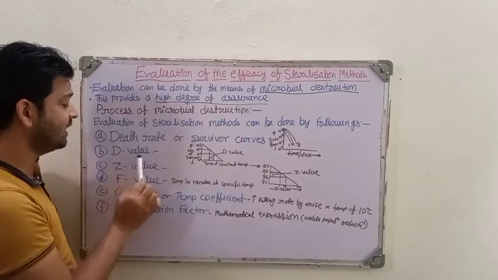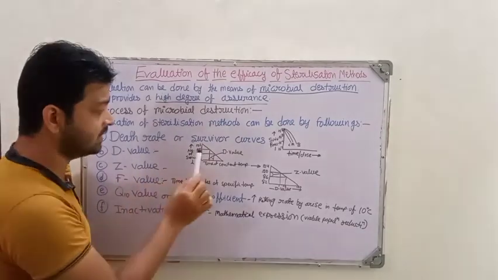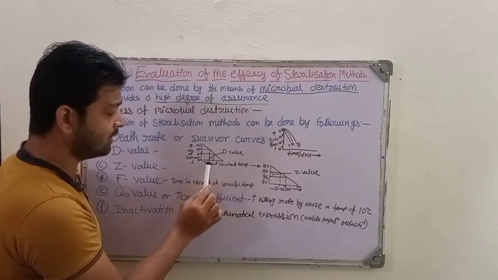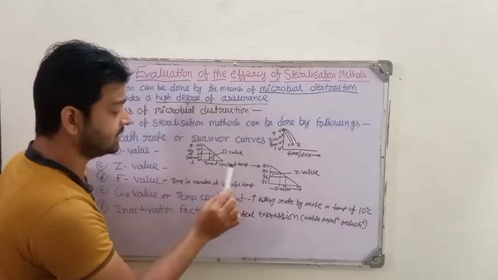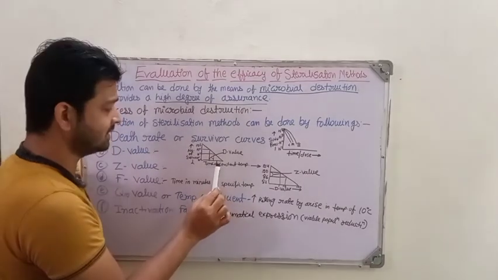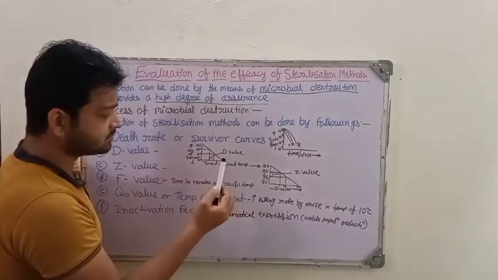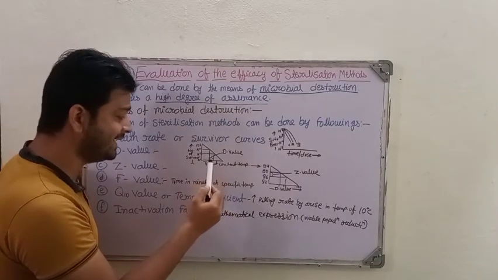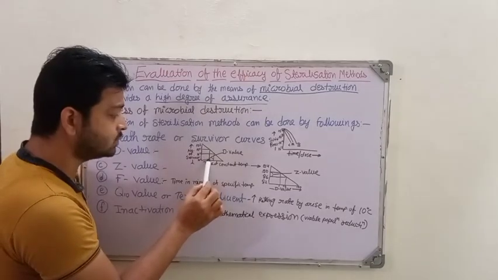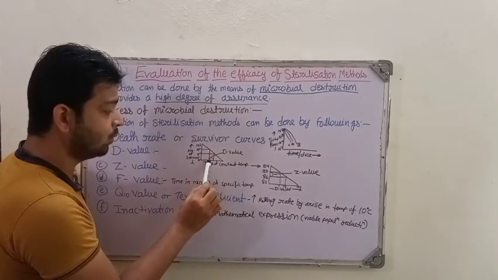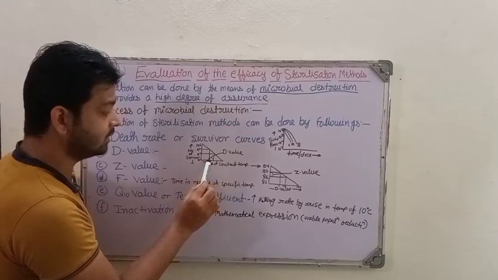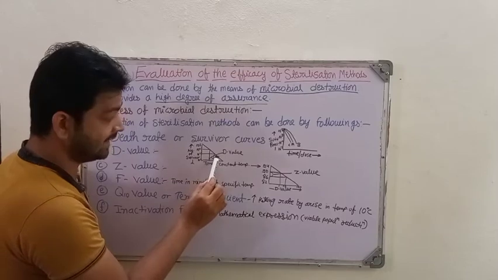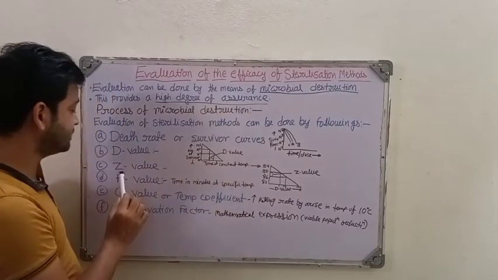Coming to the second one, D value. D means decimal value. This is the graph which we present here, right? It will be in this way. Here we plot time at constant temperature. Suppose we take a particular temperature like 94 degrees centigrade, how much time it takes to go from one decimal to another decimal, say for example 1 to 10, or 90 to 100, that is called the D value, right?